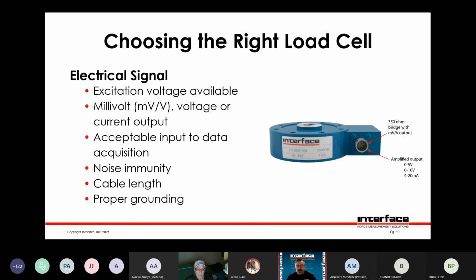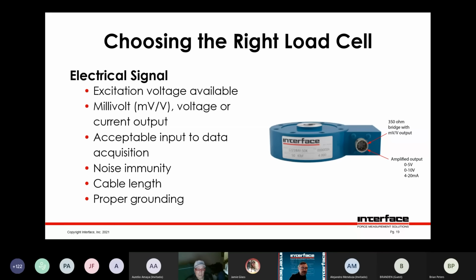Electrical signal, again, as I mentioned, load cells have millivolt per volt outputs inherently. Those may be great if you have instrumentation that works with millivolts per volt. If you have a 10 volt input into your system, well, maybe you want a 10 volt output from the load cell. We can supply internally amplified load cells or inline amplifiers. So the important thing is to match the signal to your instrumentation. And we can talk about that a little bit later as well, but there's no necessarily right or wrong. 10 volts isn't better than 5 volts. It's just if your input is 10, maybe you want to use a 10 volt output. If it's 5, well, 10 would be too much and you wouldn't be able to read to the capacity of the load cell.